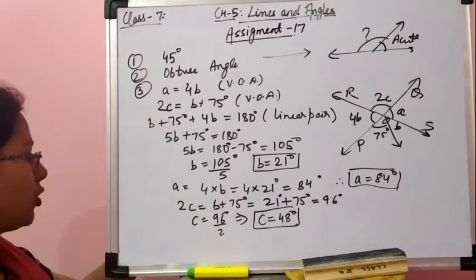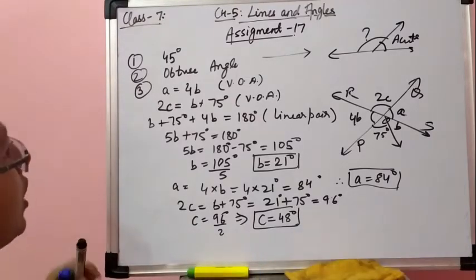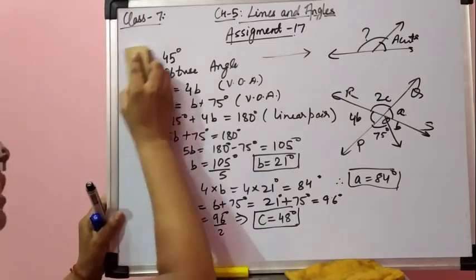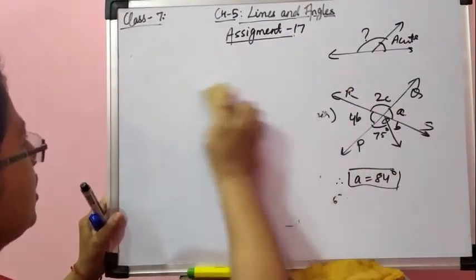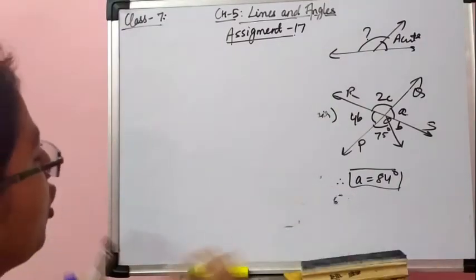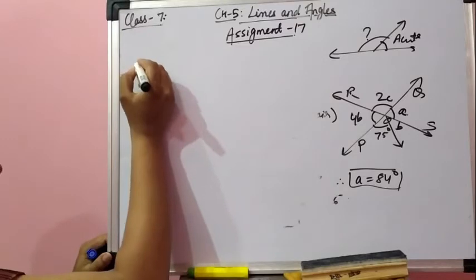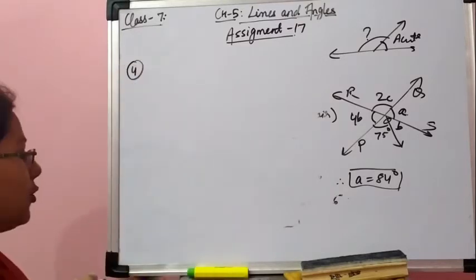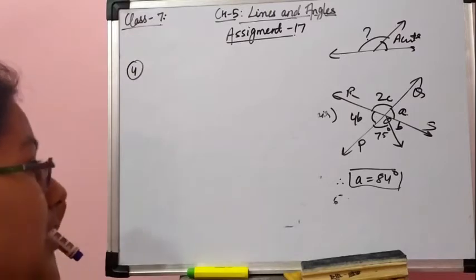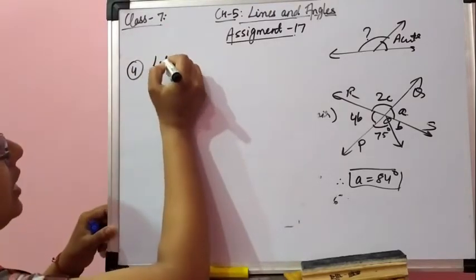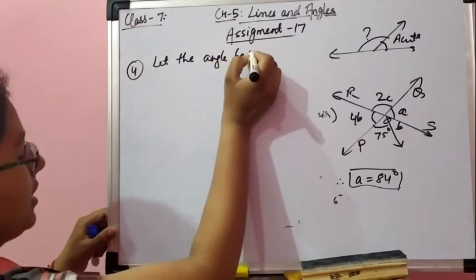Similarly, now coming to your question number 4, find the complement of each of the following. Okay, so first, second you must have written. So let's do question number 3rd. Again we have to find out the complement. So question number 4th we are doing. 4th is find the angle which is 2/3 of its supplement. So let the angle be x.